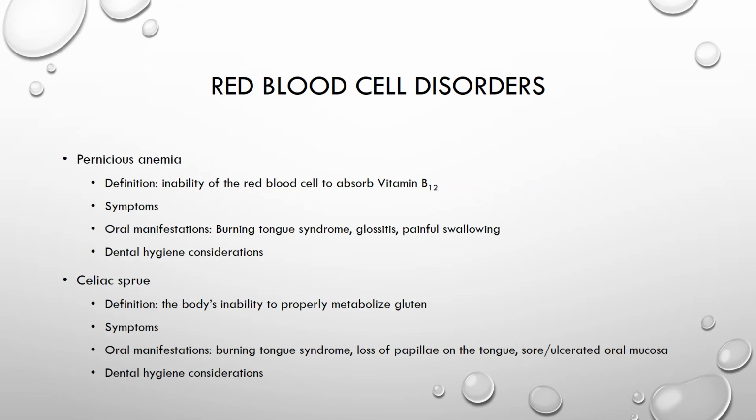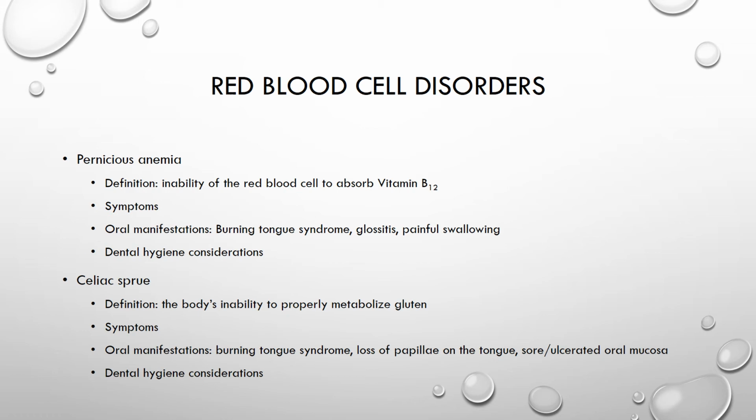Okay, some of the other red blood cell disorders are pernicious anemia, which is the inability of the red blood cell to absorb vitamin B12. That means that vitamin B12 may be adequate in its levels, but the red blood cell is actually unable to absorb it. Symptoms will be weakness, fatigue, palpitations, and syncope or fainting. Oral manifestations are burning tongue, glossitis, painful swallowing, and again, we would manage this much like we would the patient